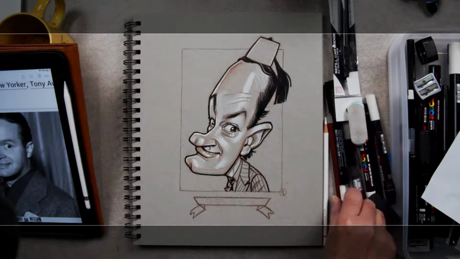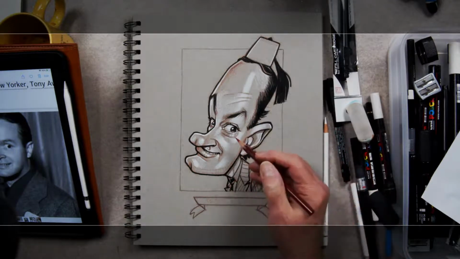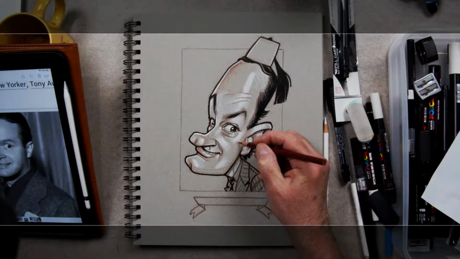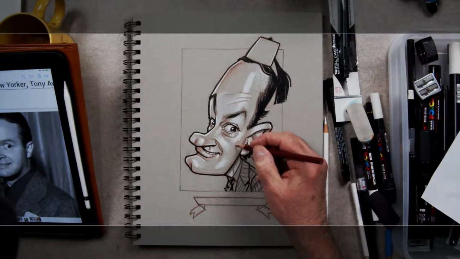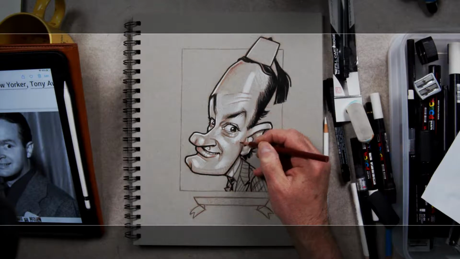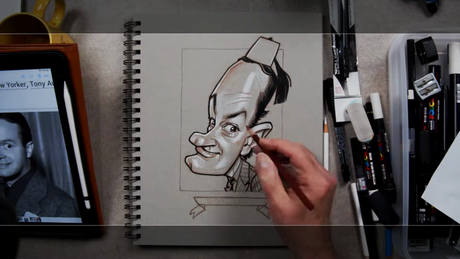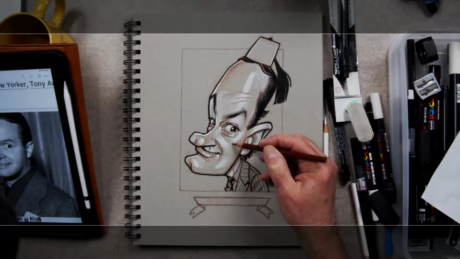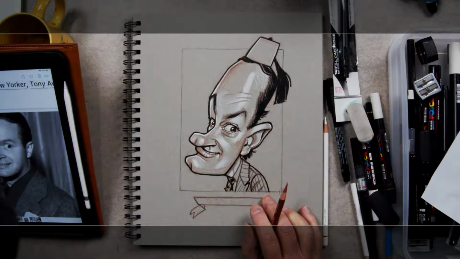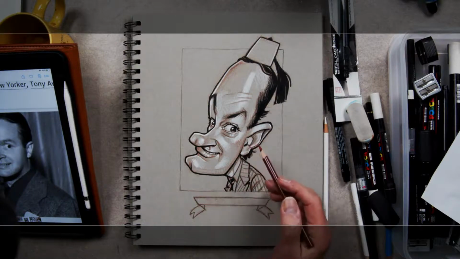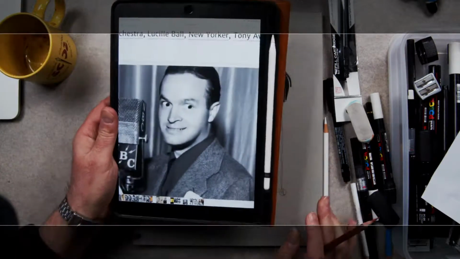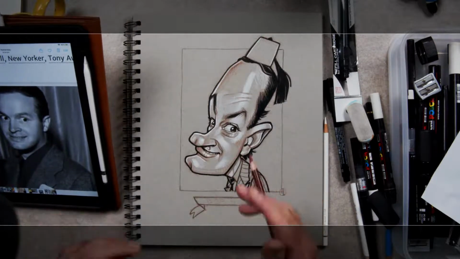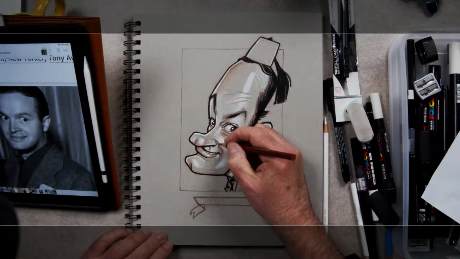Just because it's not prominently featured in the reference doesn't mean that you can't take a bit of license. So I'm just going to tone it down and take this opportunity to shade it a little bit. Obviously there's a crease there from a laugh line, but I'm just going to shade it a little bit. I love that, that's beautiful. It's not in the photograph, you can't see it, but it should be there, because that's where the skin reveals it.